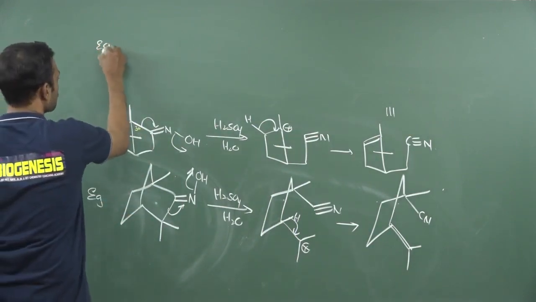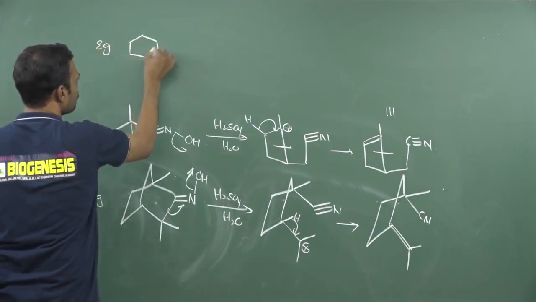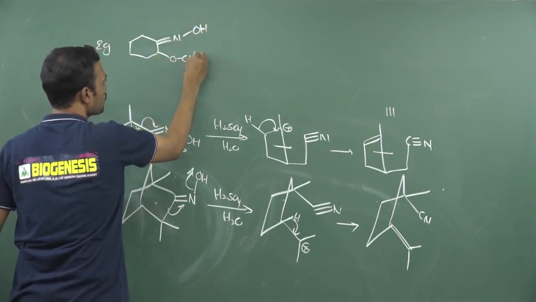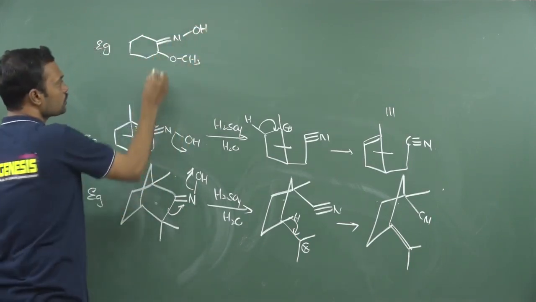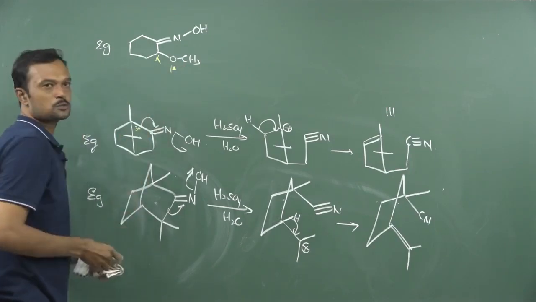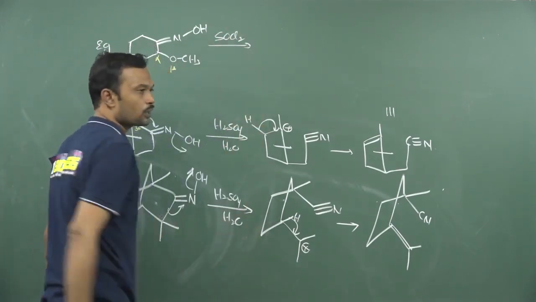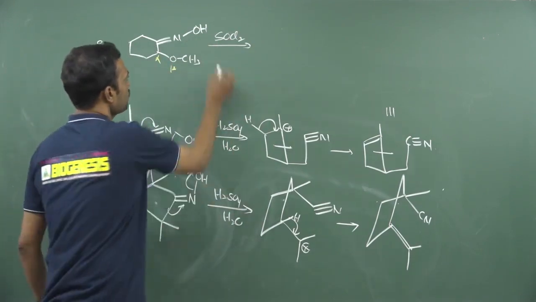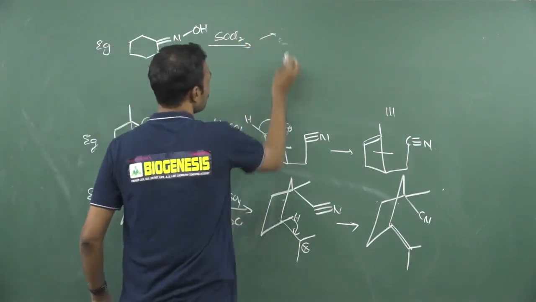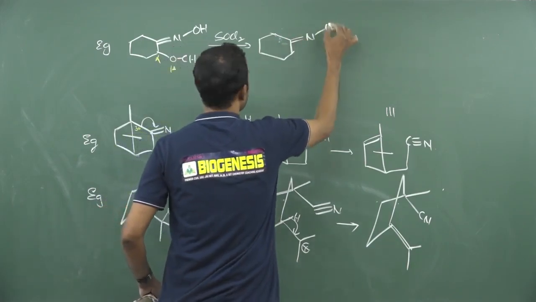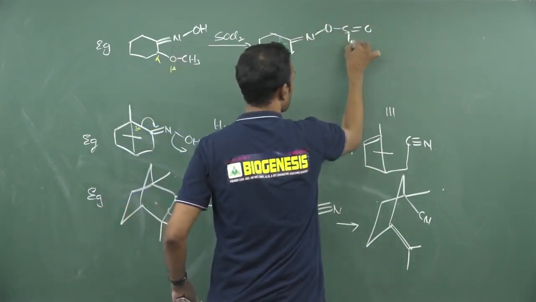Abnormal Beckmann reaction is also possible with a selective heteroatom. See, this is a beta heteroatom, OCH3. What I have given: this is alpha and this is beta. A beta heteroatom is present. Suppose I react with thionyl chloride; we know thionyl chloride is an aprotic acid. Now first this hydrogen and chlorine will be removed out. Once hydrogen and chlorine are removed, carbon-nitrogen, there is oxygen attached to H, double bond OCl,